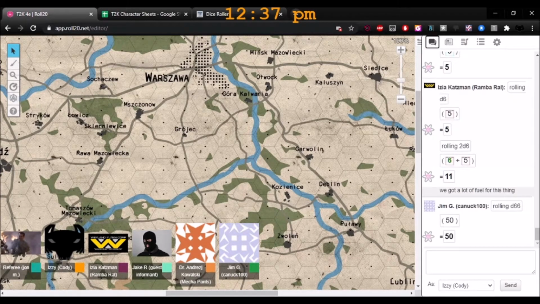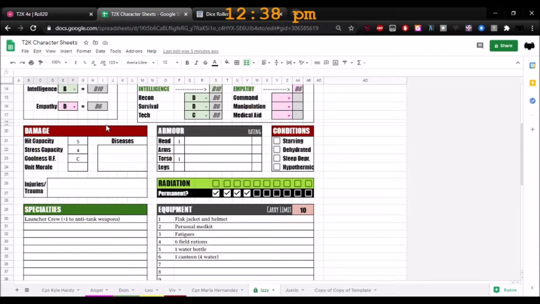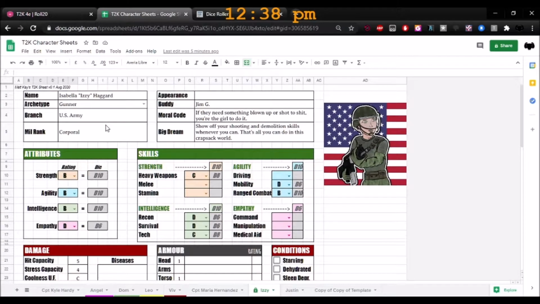Oh, I can't wait for you to have to haul me out of combat. What's your hit capacity? 4, I believe. If you have D rating, it's a D6. Yeah. Okay. Let's see.